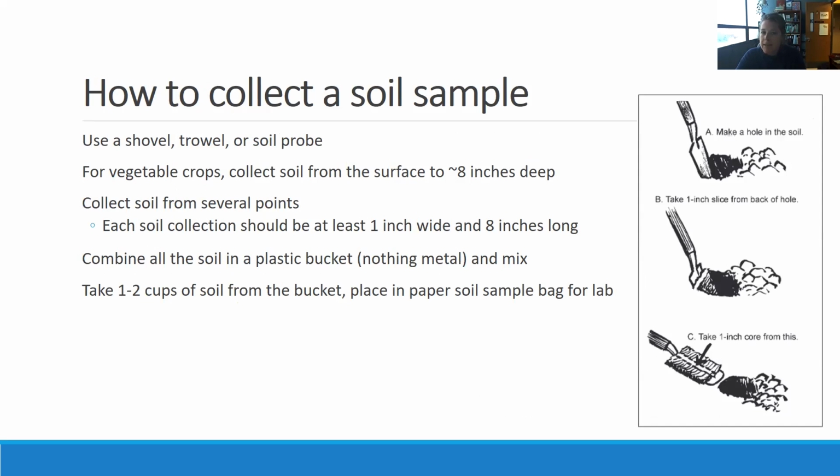For vegetable crops, we typically collect from the soil surface to about 8 inches deep. You're going to collect soil from several points. If you've got a high tunnel, probably just one high tunnel would be your place to measure. But if you're out in the field, you would probably want to collect a few soil samples, depending on how big each field is where you're going to plant something. So if you're going to have a quarter acre of cabbage and a quarter acre of tomatoes, you may want to separate those and submit separate samples based off those locations.